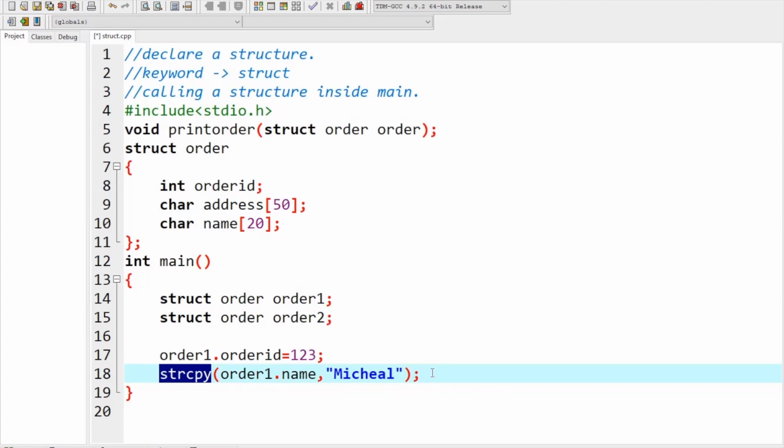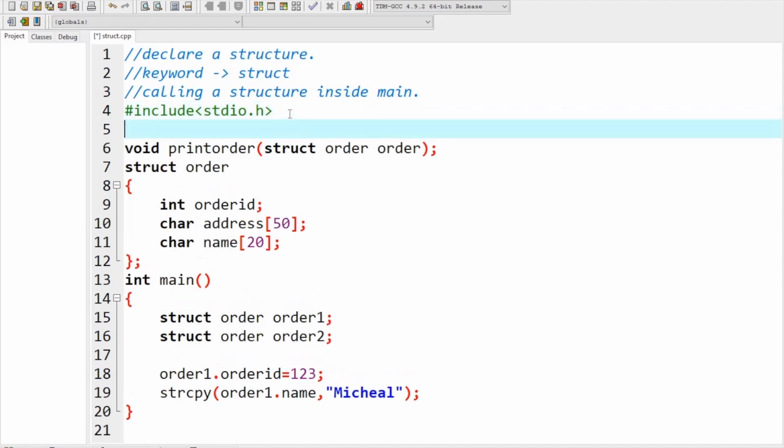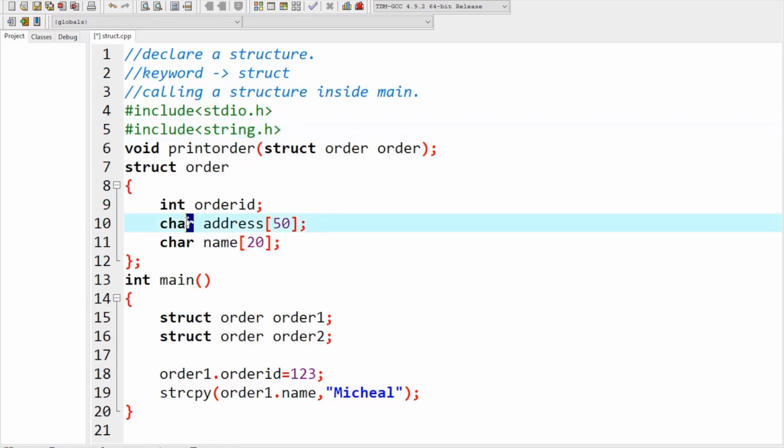So the strcpy belongs to the string.h library file. You may have remembered that printf and scanf belong to stdio.h, standard input output.h. In the same way, the string copy function belongs to #include <string.h>, because these are basically strings. So basically what is a string? A string is a collection of characters, which I'm going to explain point by point in the lectures later on